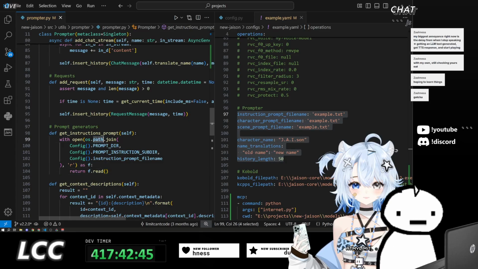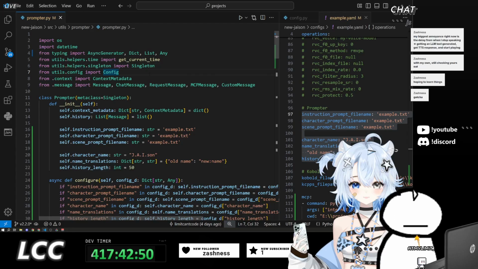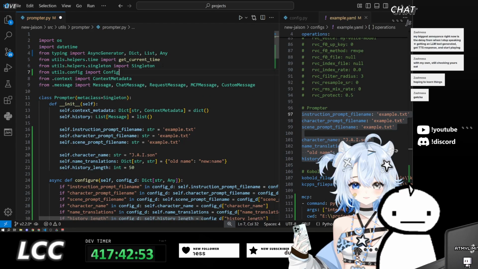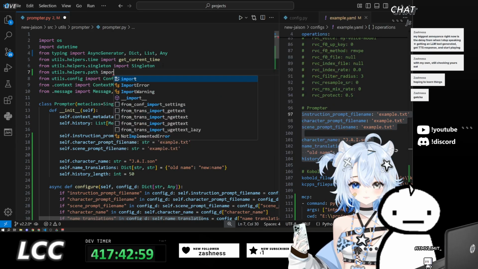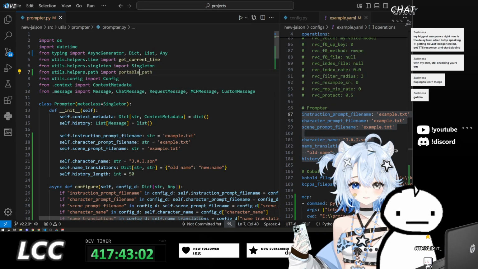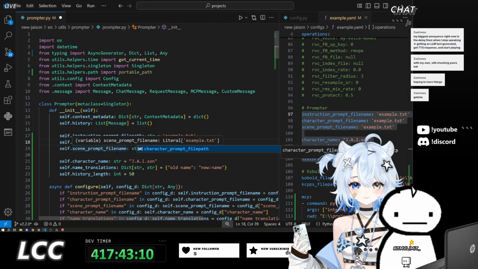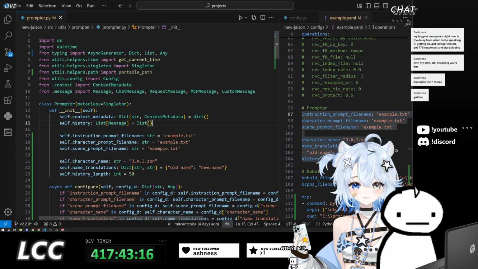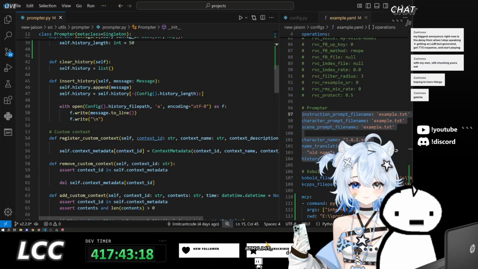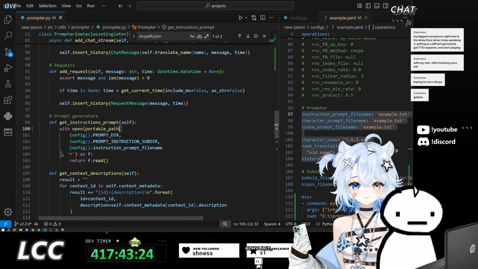I think it's better if we set this to be portable, because wherever we do os.path.join, we'll need to change this to be a portable path.